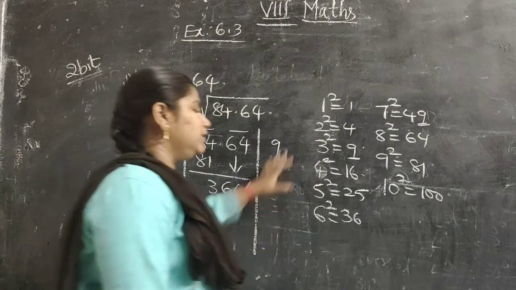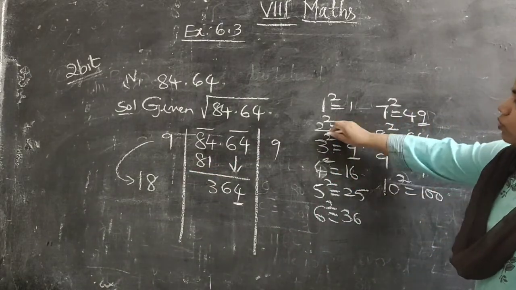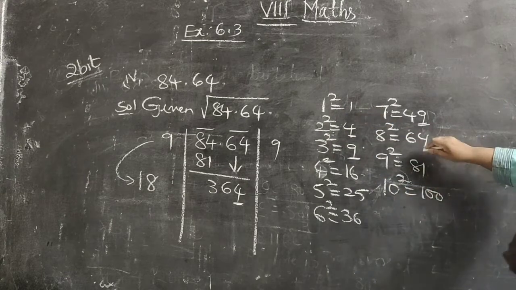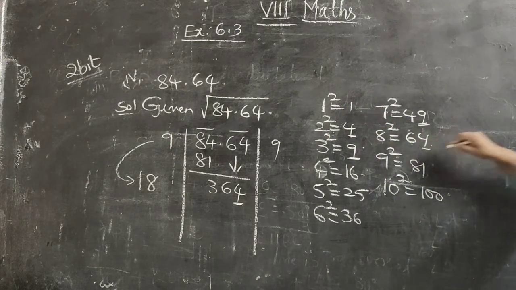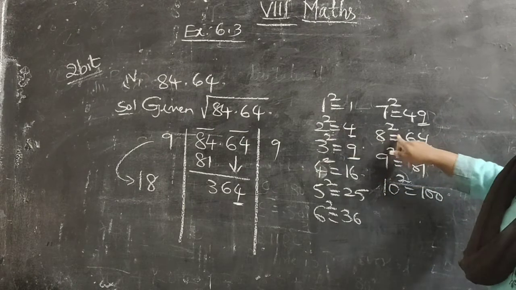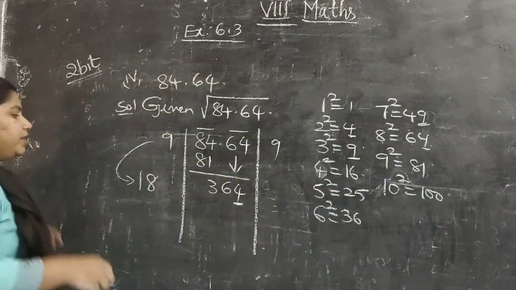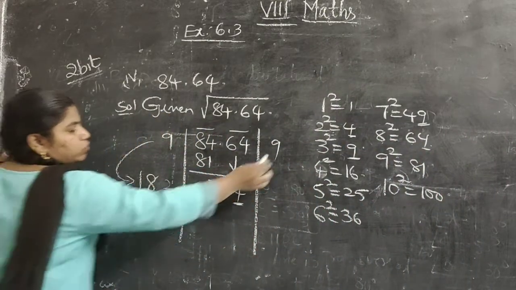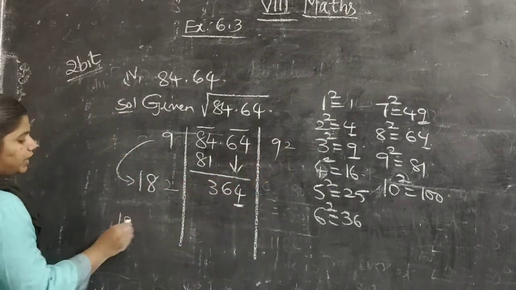In all these squares, where are you seeing the 4? In the form of 2 square. 2 square is 4. And also in the form of 8 square. 8 square is 64. The unit place is 4. So the answer will lie between 2 square or 8 square. So we will check here. I am taking 2 first. 2 square, I am taking 182. 2s are